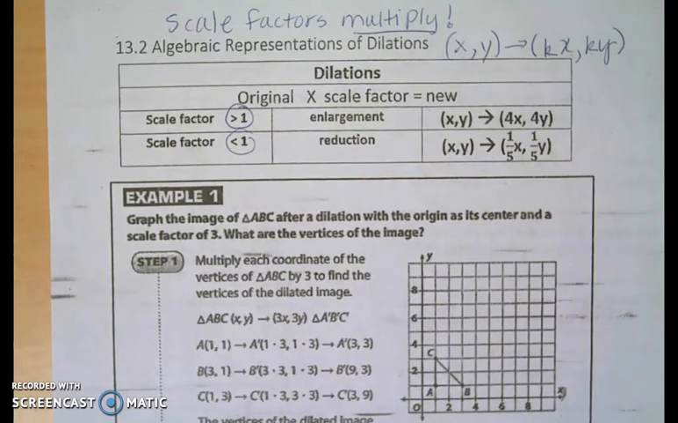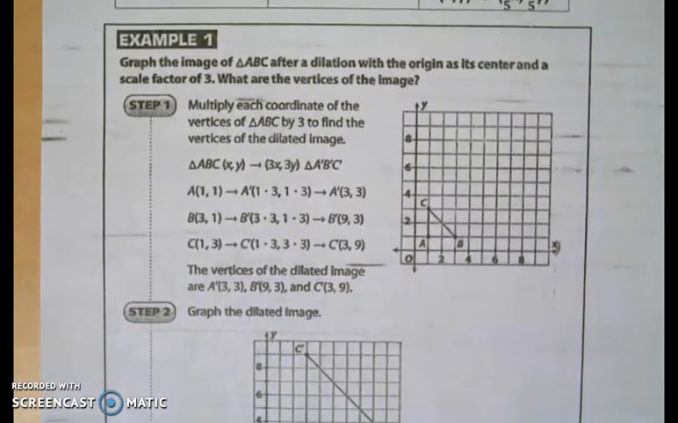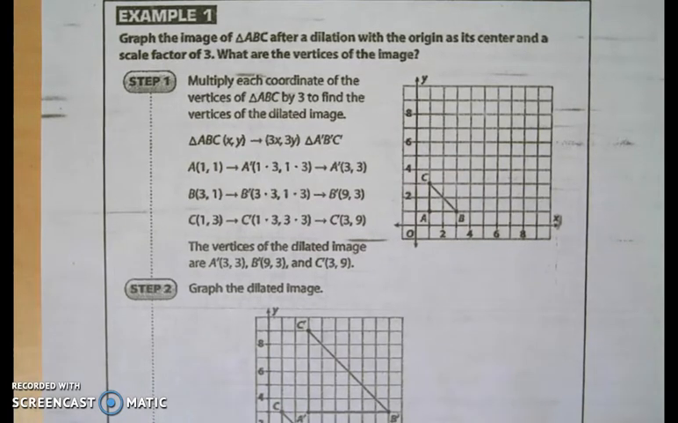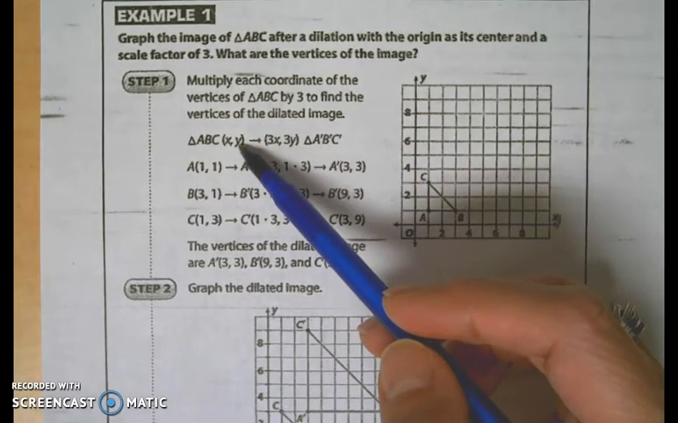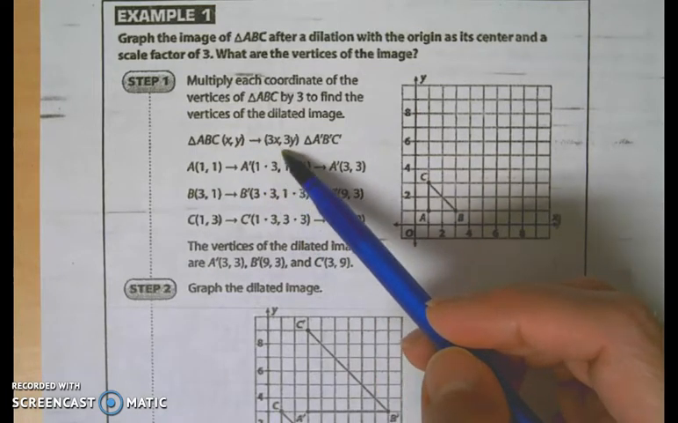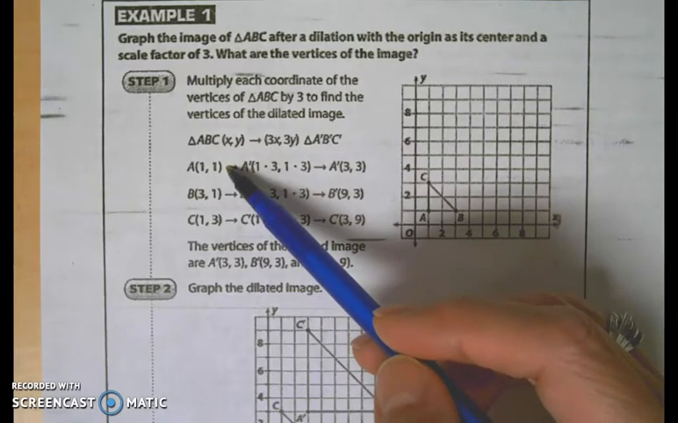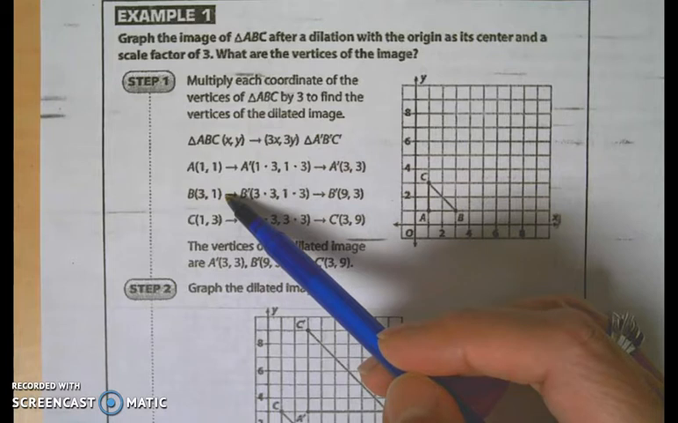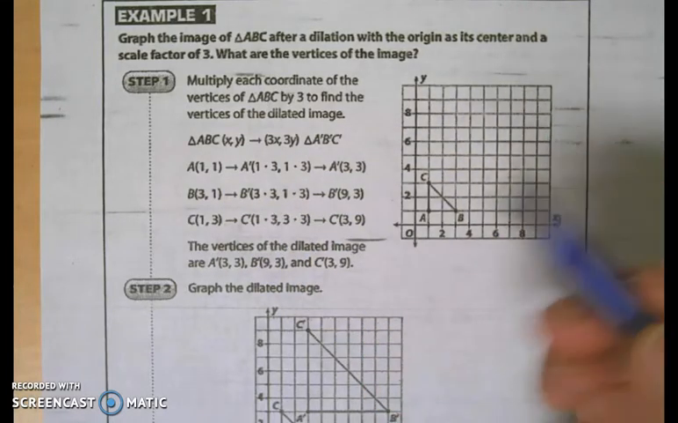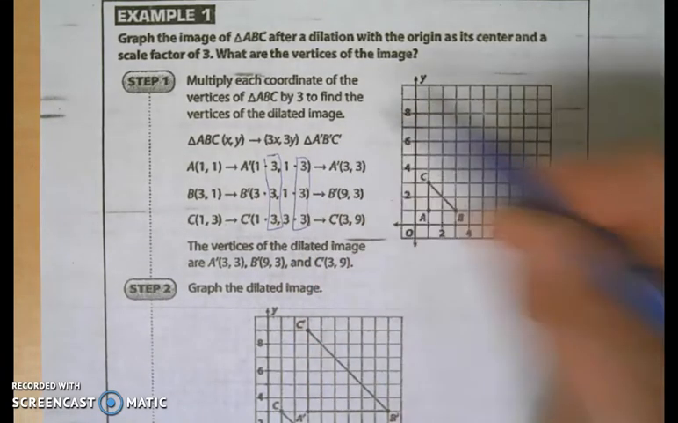In example 1, we're going to graph the image of triangle ABC after a dilation with the origin as its center and a scale factor of 3. What are the vertices of the image? Triangle ABC's x and y's are all going to get multiplied by 3 to become triangle A prime, B prime, C prime. A used to be at 1, 1, B used to be at 3, 1, and C used to be at 1, 3. But when they undergo the transformation of multiplying by 3 to each coordinate,